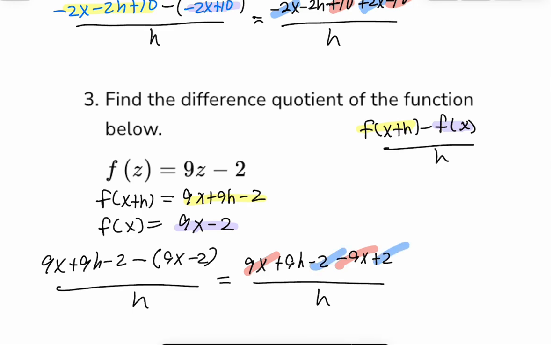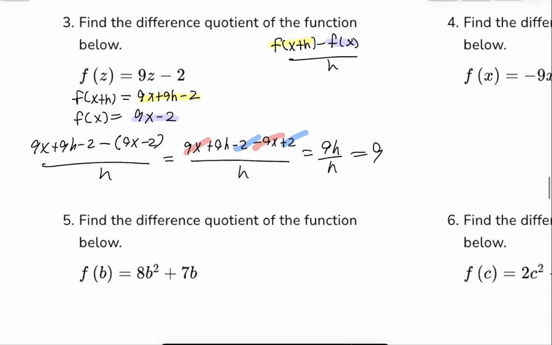Yep, positive 2 and negative 2, thank you. So we're left with 9h over h, or 9. So the linear ones are really nice. They're usually going to simplify all the way down to a number. So that's great, okay? But I want to do one that is a